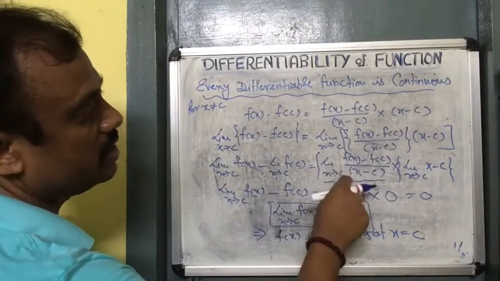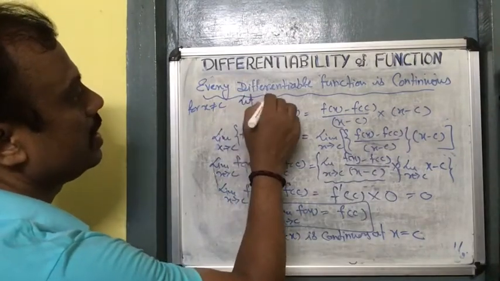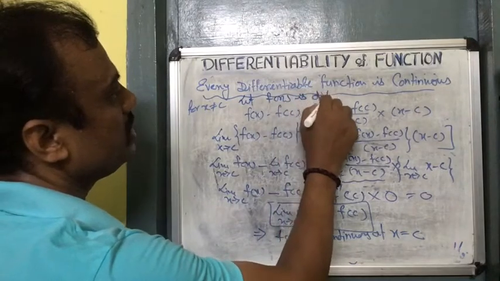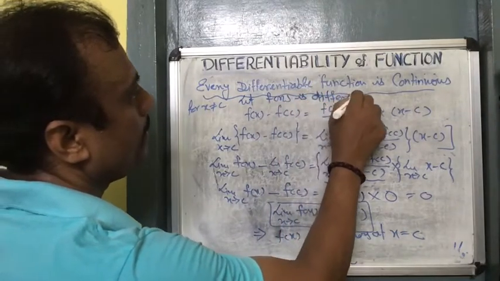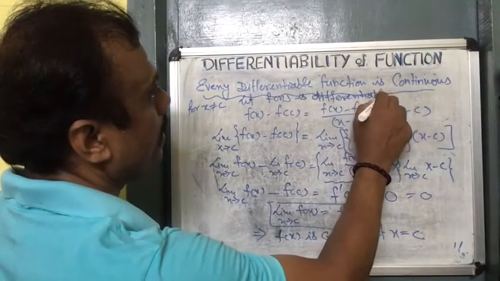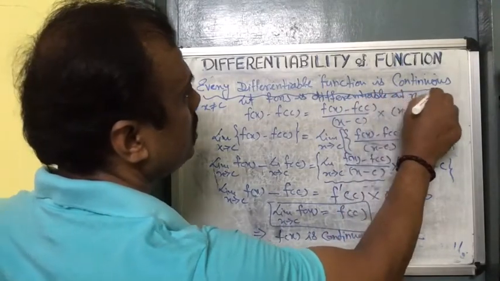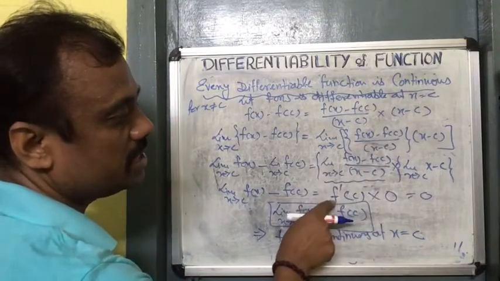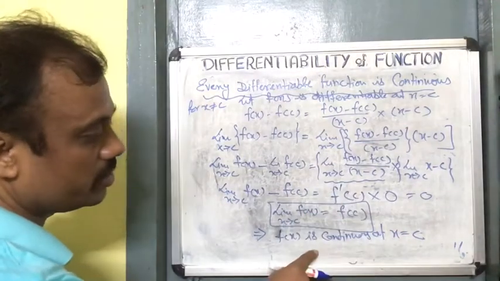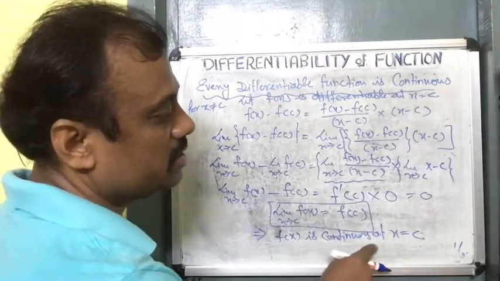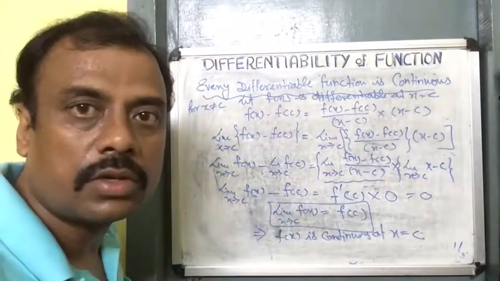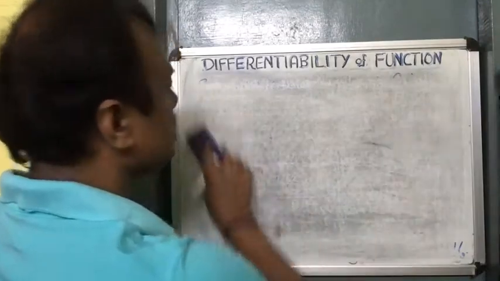This is defined, so let f of x be differentiable at x equals to c. That means this exists. In place of this I have written this, and we have concluded that f of x is continuous at x equals to c, but its converse is not true. So we have discussed that